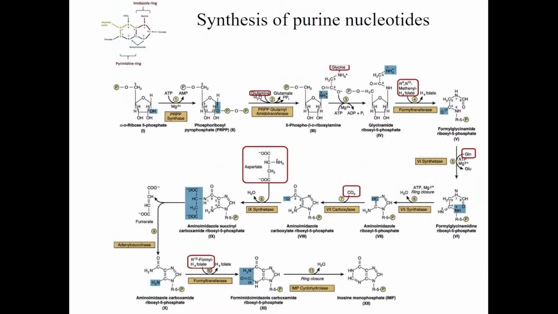And synthesis of them is very important, because metabolism of nucleic acids takes place all the time,